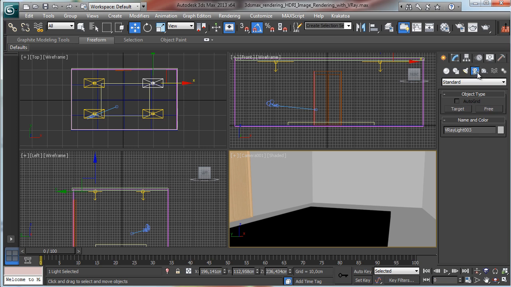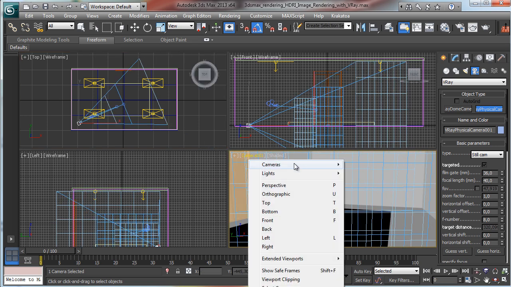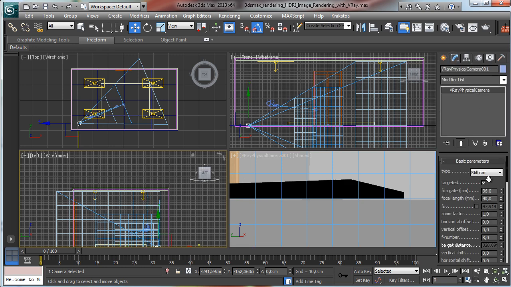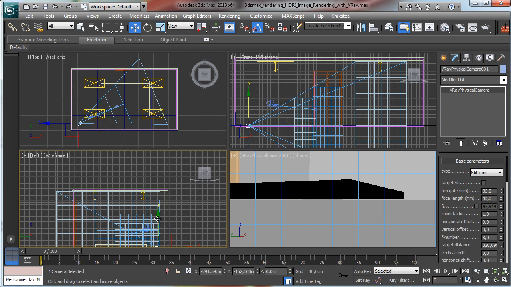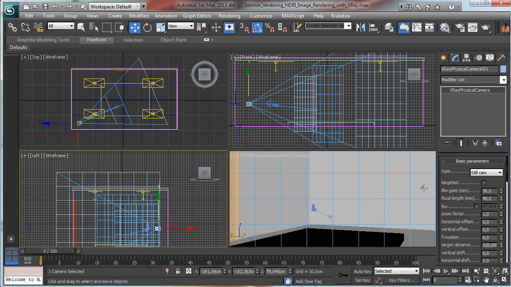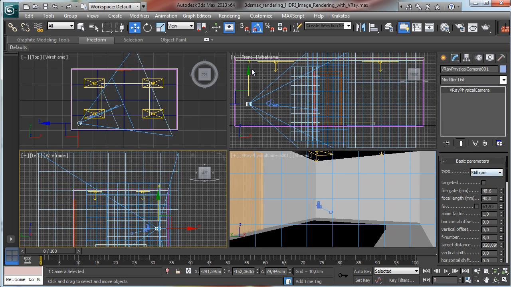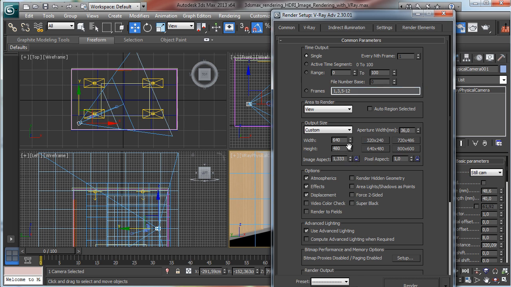Okay, so now we can change the camera, and we can go to use a VRay camera. Let's use a physical camera, and let's use not target. Sorry, let's move this camera. Let's change the focal to see in a better way, and save, and let's do the first render, 900 by 400,